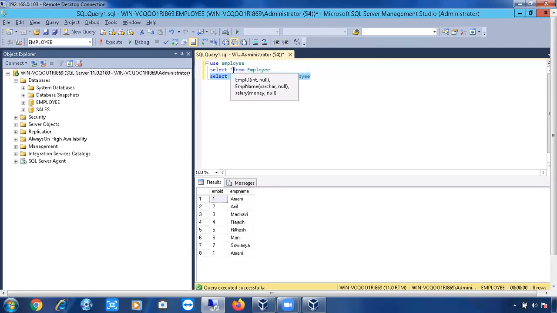So star means all the columns, not all the records. Star means all the columns. Automatically, once you open all the columns, all the records will come, right? So if you want specific columns, remove the star, and whatever columns you want to include, simply use those column names to filter the data, so that it will only pull the specific columns in the output. Okay, fine. Right.